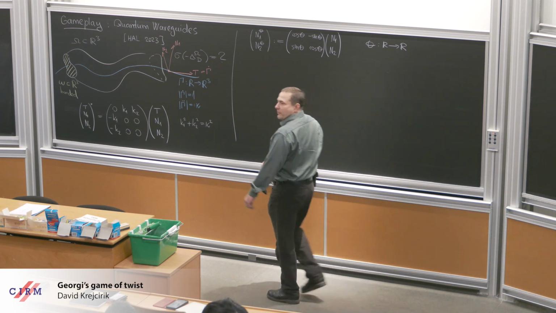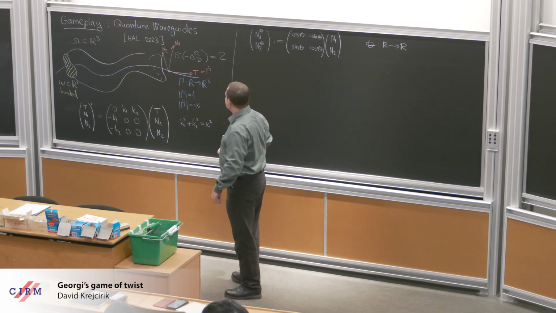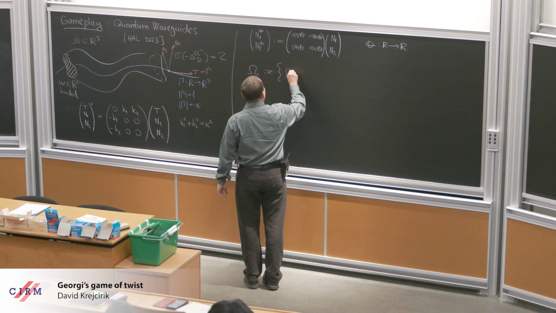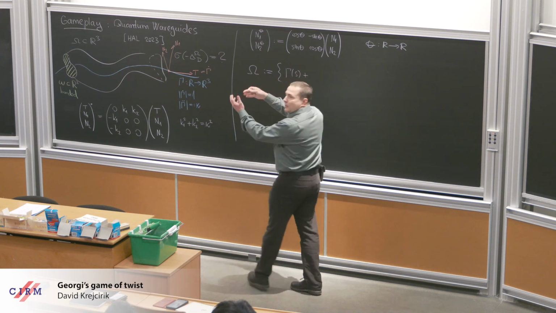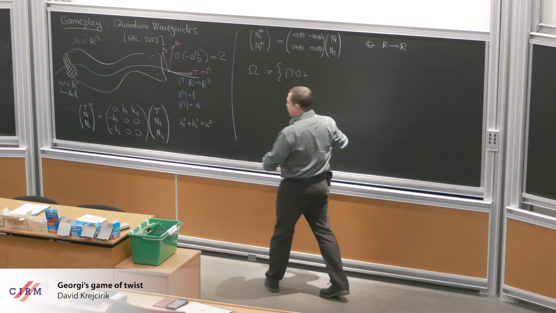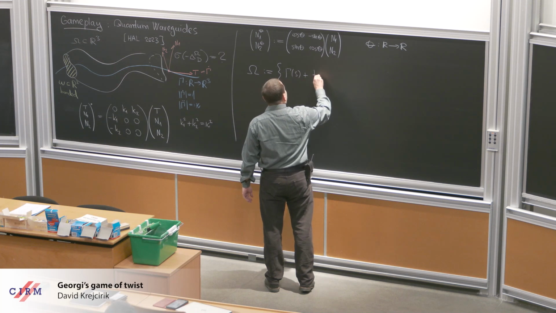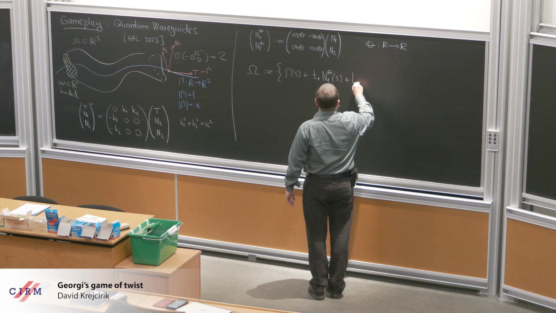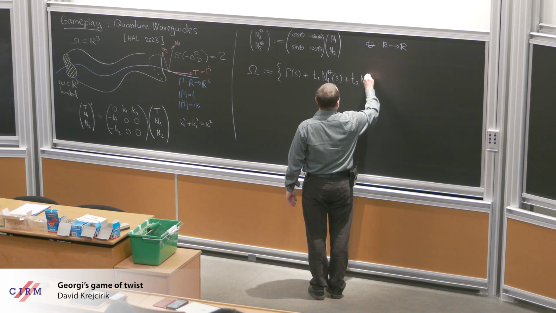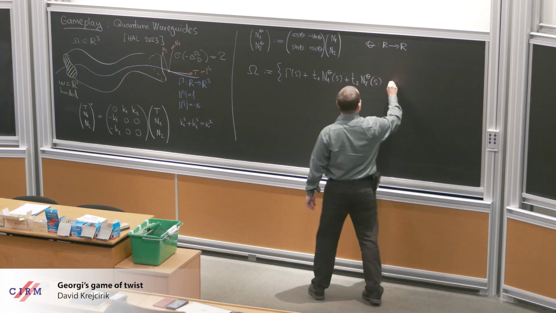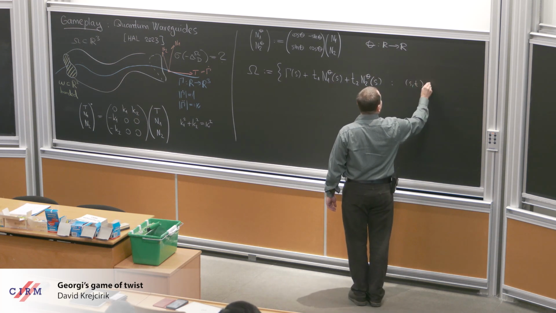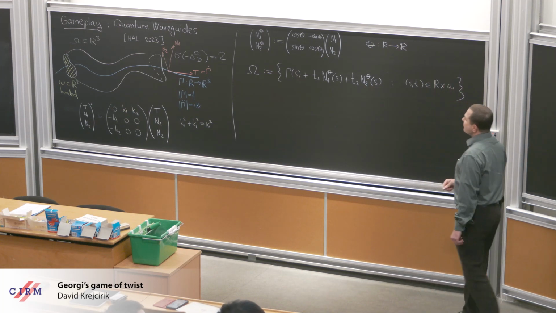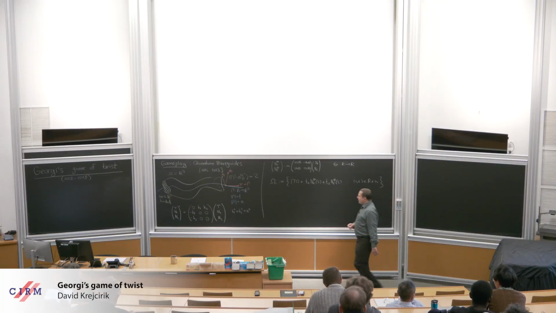And by using this arbitrary frame, I can define omega formally. So omega is the set of gamma(s) plus t1 N1_theta(s) plus t2 N2_theta(s), where s and t are the coordinates in R times omega. It is exactly what I said, that I translate the cross-section along the tube. So this is the formal definition.